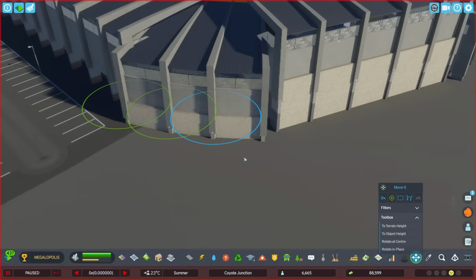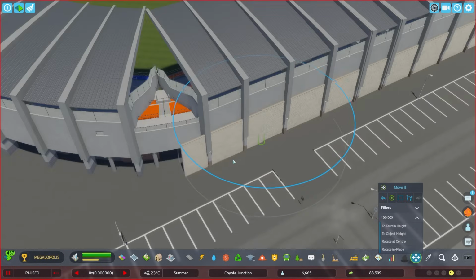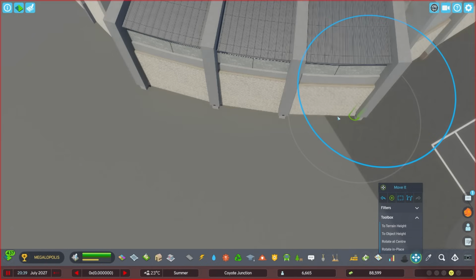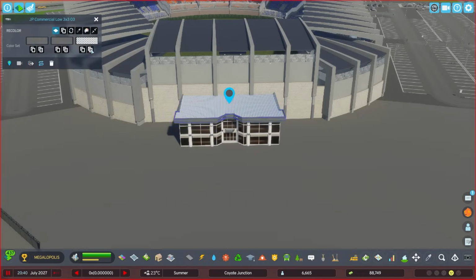So right now I'm using some of the new Japanese, they're not retaining walls, they're just residential walls, but I'm lining the whole side of the stadium. You see, because I raised the stadium up because I wanted it to have a bigger profile. So I'm making sure I go back and fill all that in as much as I can